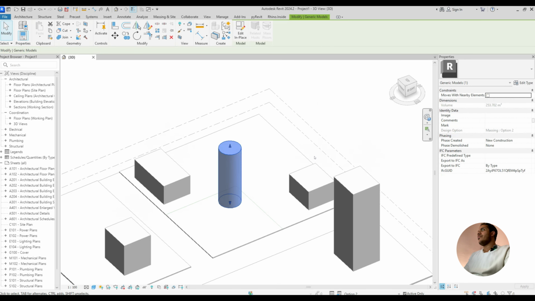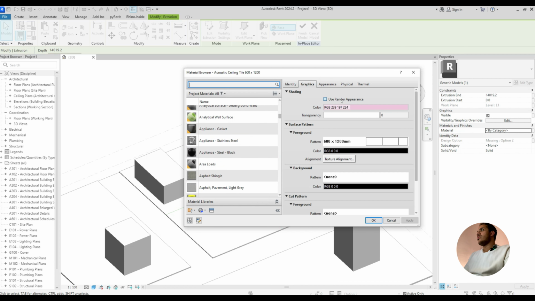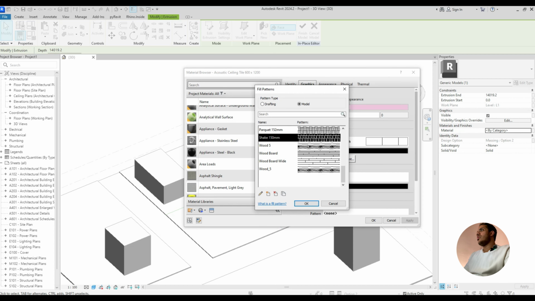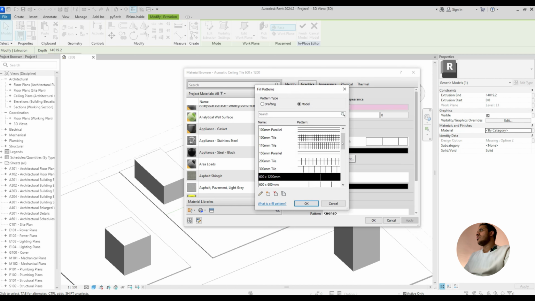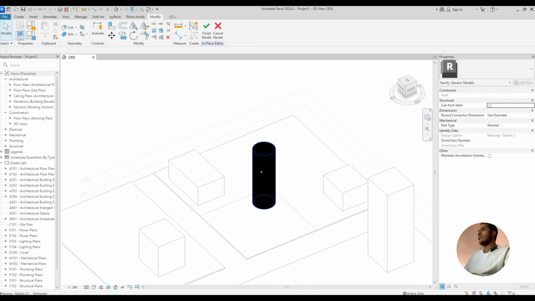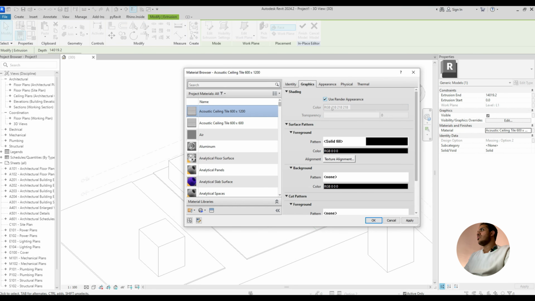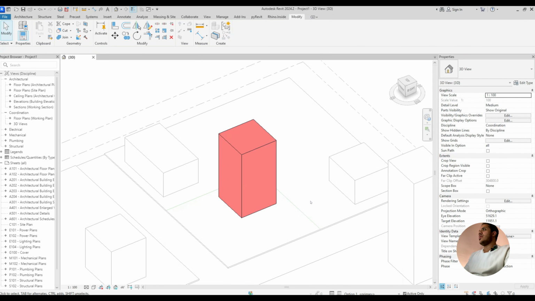Okay, and let's give it a solid. Okay, so this is Option 2 and this is Option 1, and the last one is